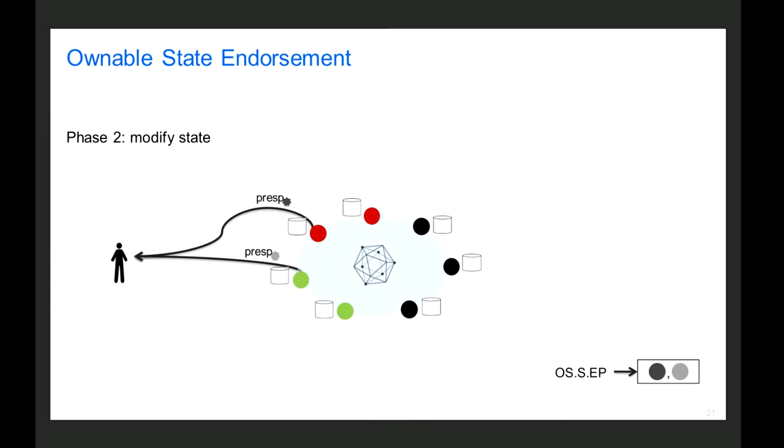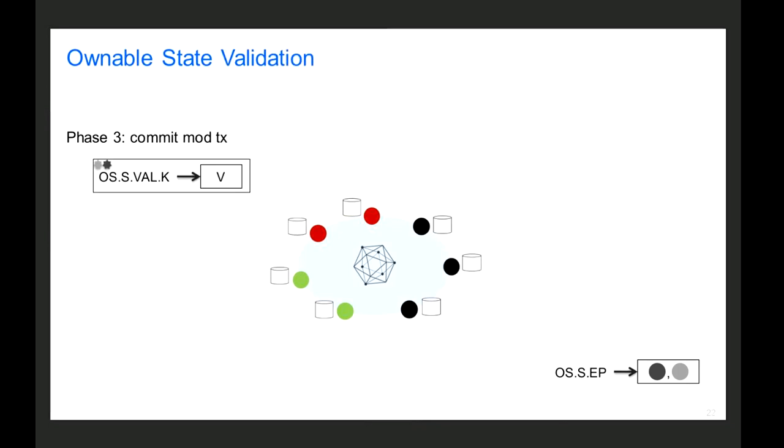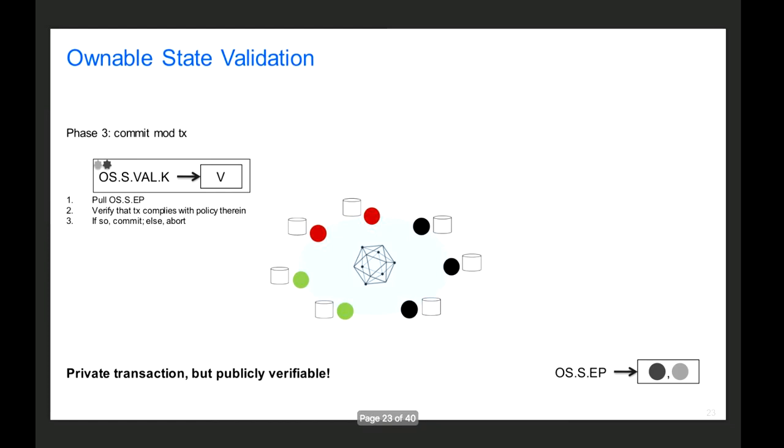And in this case, the peers would not use the long-time signing identities, but these ephemeral signing identities to sign the proposal response and give it back. And now when we commit this modification transaction, we can still run the validation, and basically everyone in the network, also the black organization, can now pull again